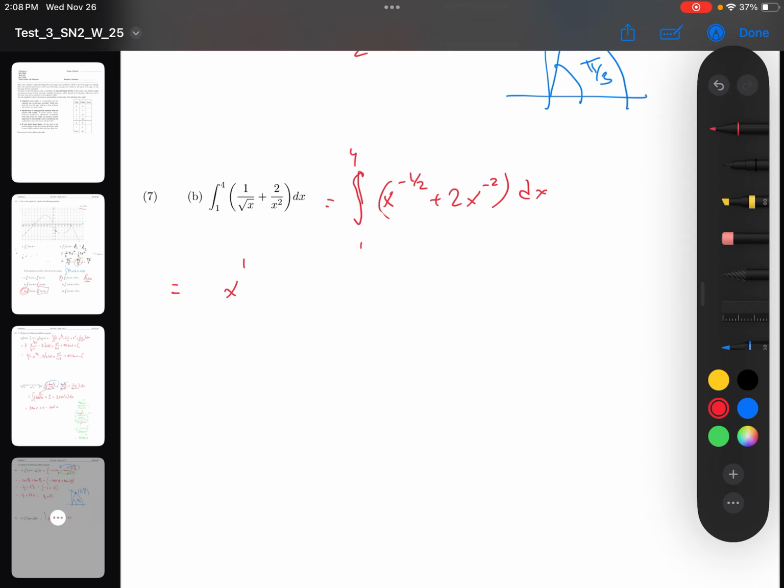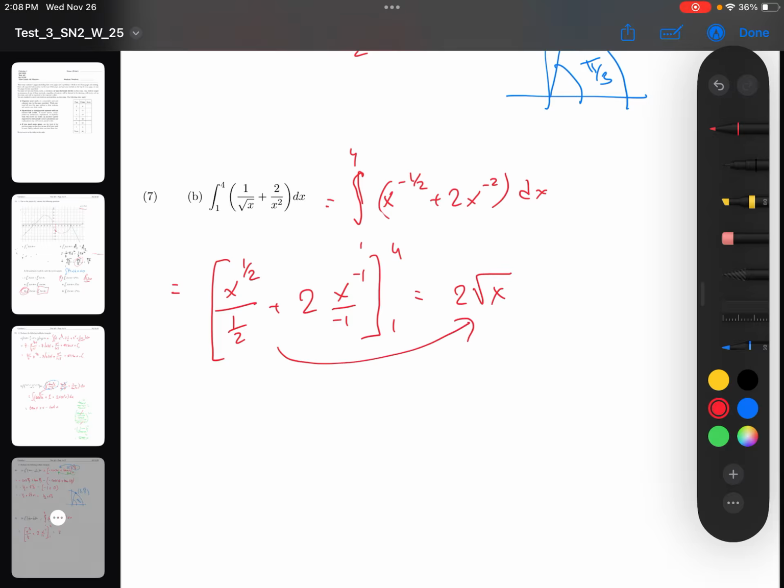The antiderivative is x to the power 1/2 over 1/2 plus 2 times x to the power negative 1 over negative 1, evaluated from 1 to 4. Before I plug in the limits of integration, I'm just going to rewrite this expression to be slightly nicer. Minus 2 times 2 over x, let's say, evaluated from 1 to 4, and then I just plug